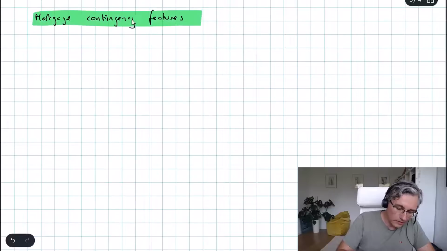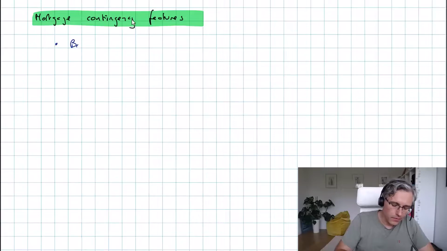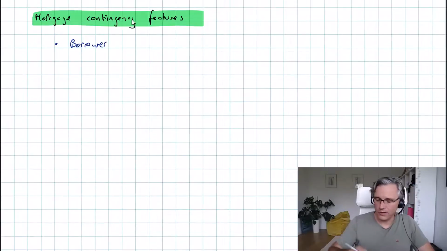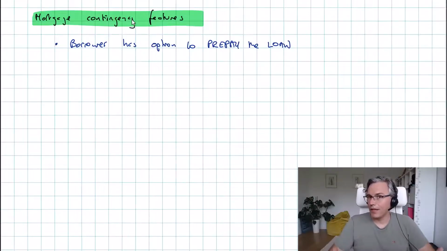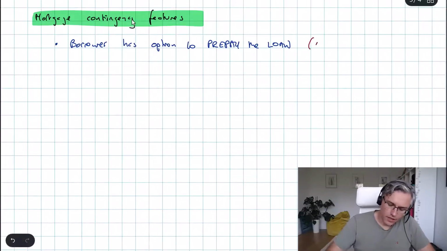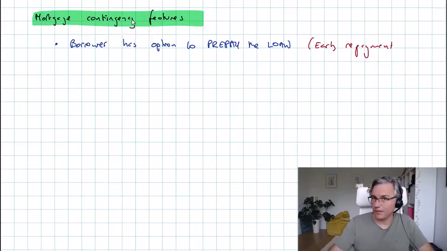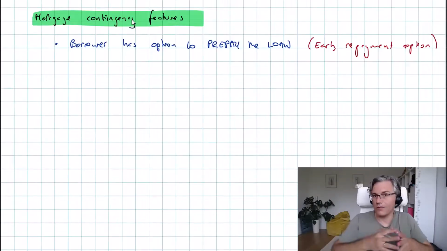This is what happens sometimes. Well, first of all, the borrower, and this is something we mentioned in previous videos as well, always has an option to prepay their loan. That means they can make a principal repayment that exceeds what's scheduled. Effectively, they've got an early repayment option. It doesn't have to be a repayment in the full amount. It may be a partial prepayment, but they can do something ahead of schedule.